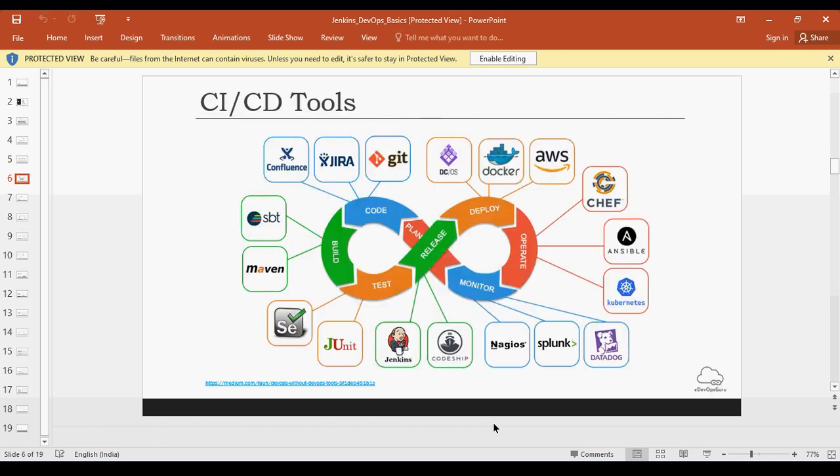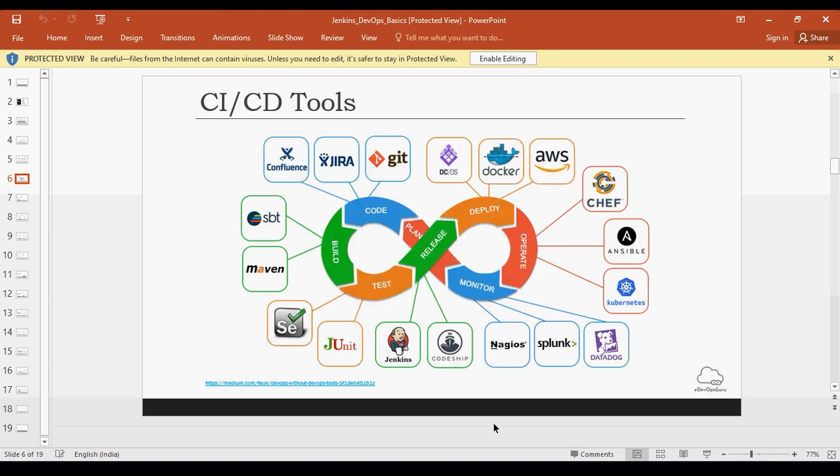Then these are the different tools that we already know. Different phases have different tools. For source management, you have Git. For your requirements or designs, some people use Confluence. For your user stories, you can use project management, you can use Jira. Then for building, you have different build tools, SBT, Maven, Gradle. Depending upon what kind of project it is, build tools can differ.